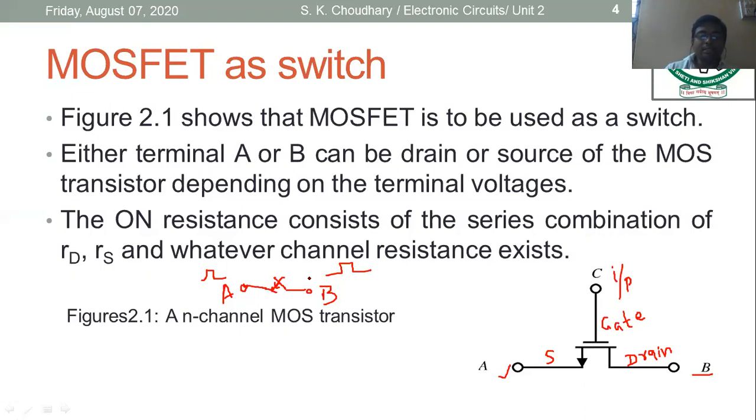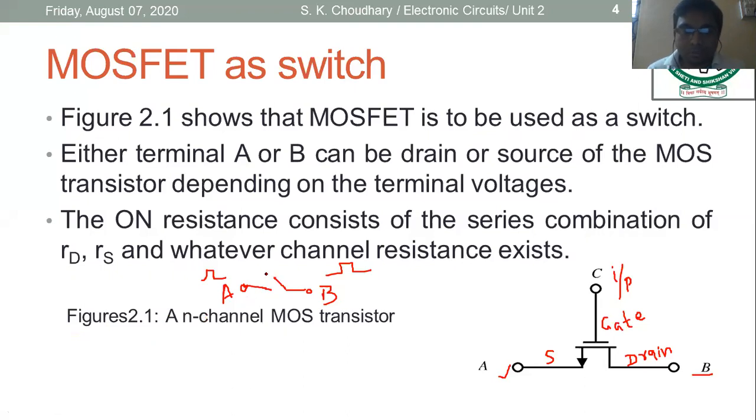But one question is: when your switch is open, at that time, why does the current not flow across the terminals of the switch? Can anyone tell me this answer? I'm not talking about the MOSFET or BJT. I'm talking about the generalized function of a switch. When your switch is open,